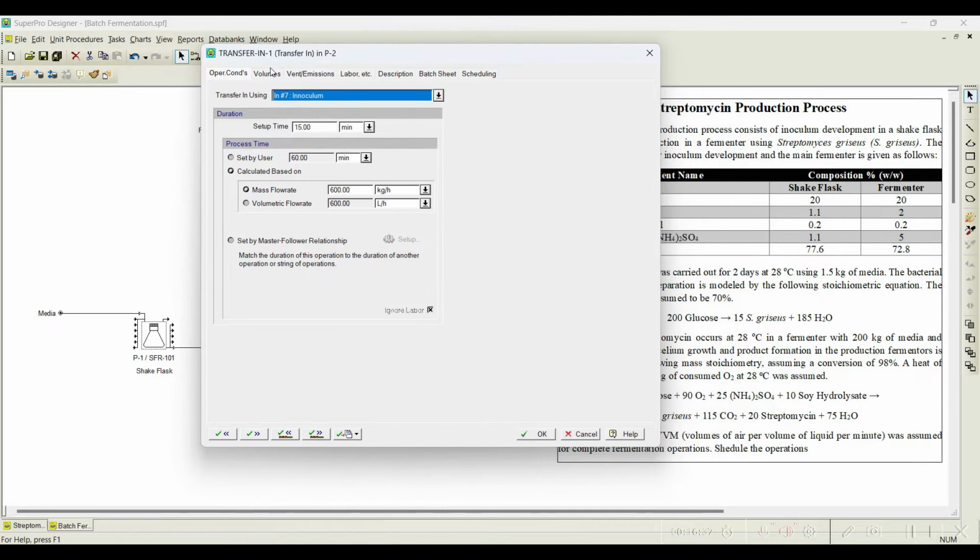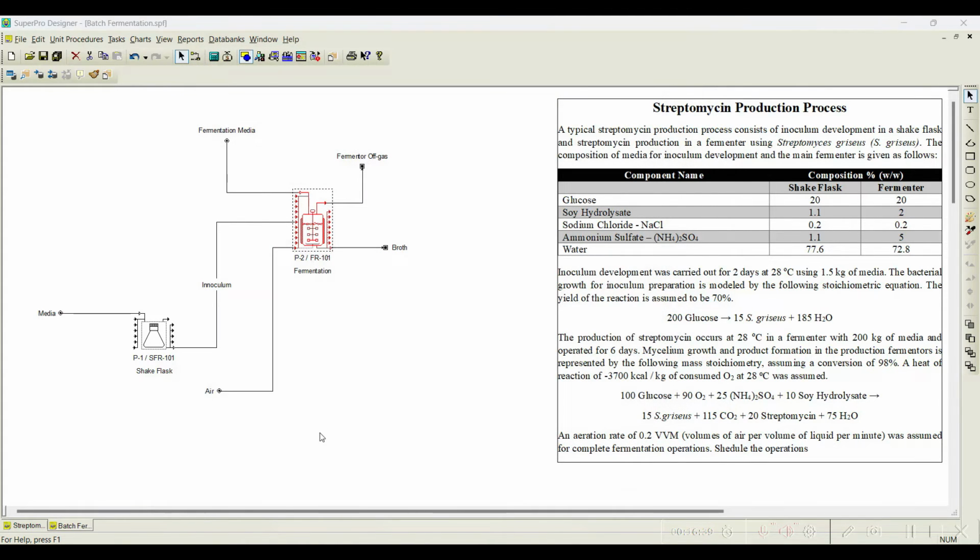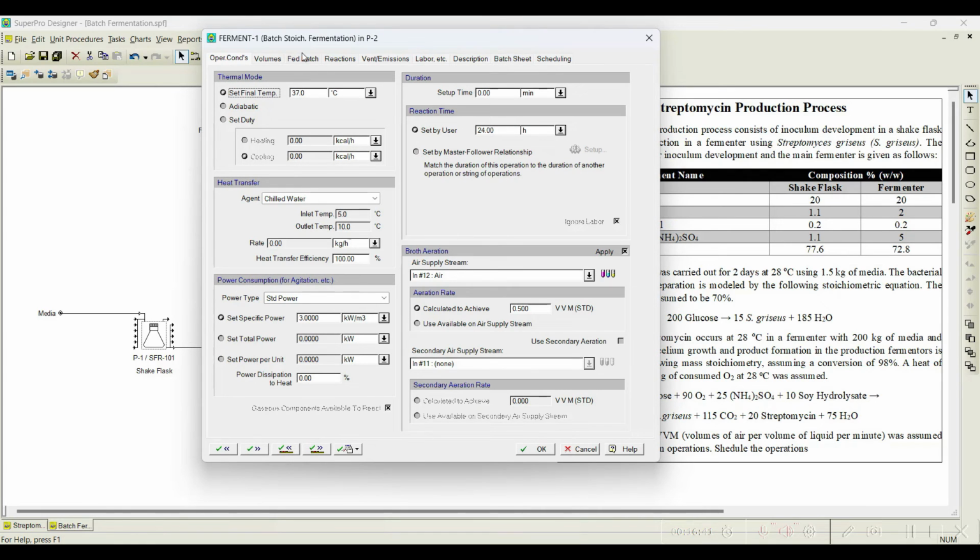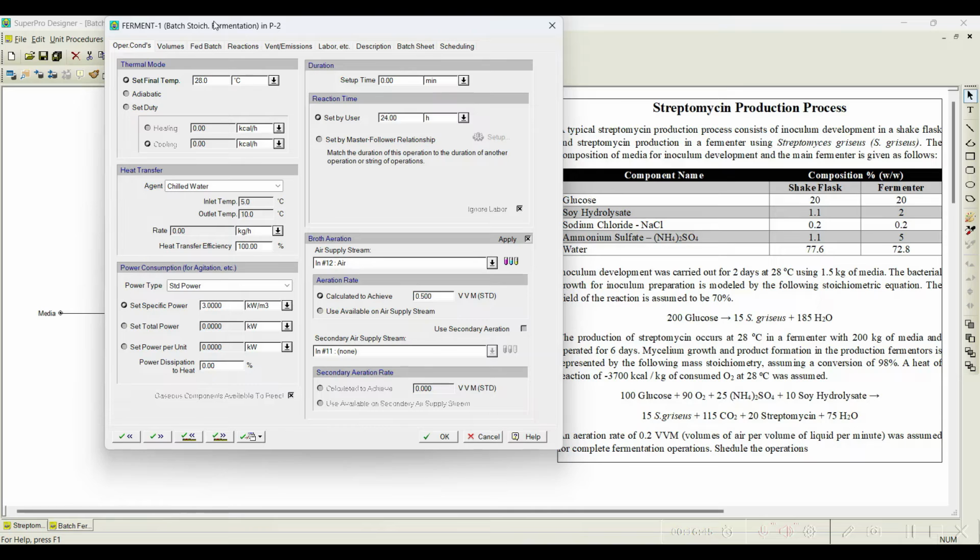And the next very important operation is the ferment operation, and it is taking place at 28 degrees centigrade, and you can use chilled water because during fermentation heat is generated, metabolic heat that needs to be cooled. We can use chilled water as a cooling agent. And when you go to reaction,